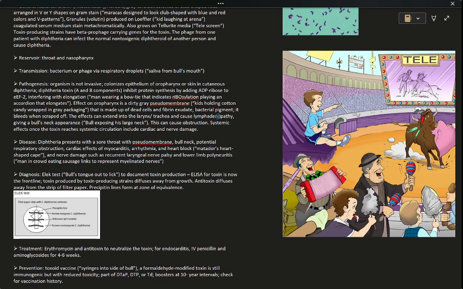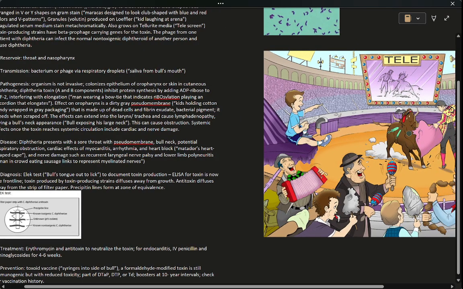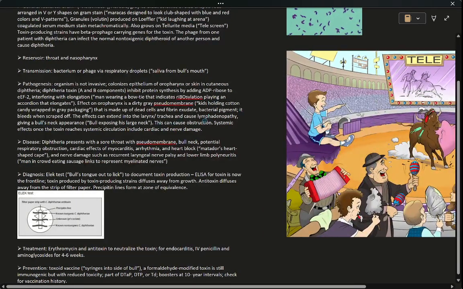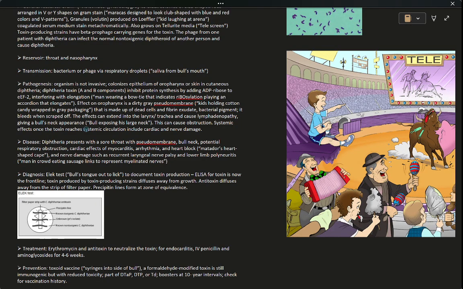So what's interesting about this is that it's going to give a bull's neck appearance on the patient, and this happens if the effects of this pseudomembrane extend into the larynx and the trachea. So you can remember the bull's neck appearance by thinking about the bull exposing his large neck as shown over here. And then this can cause obstruction, and then systemic effects can occur once the toxin reaches systemic circulation, and